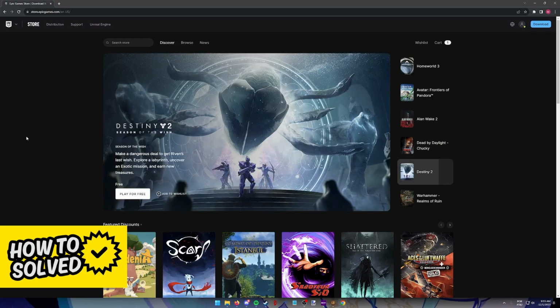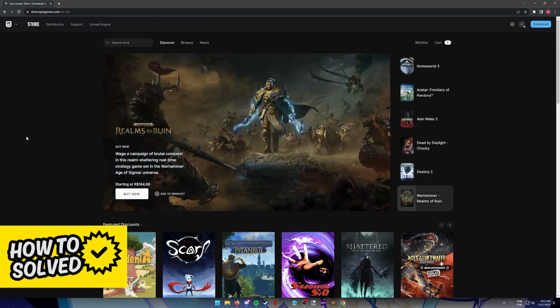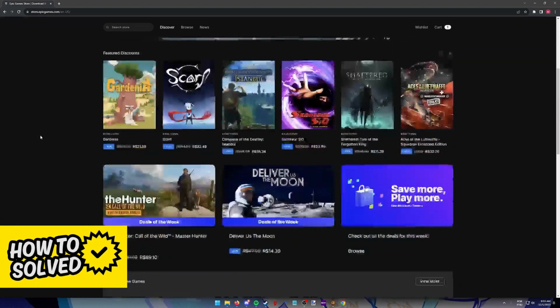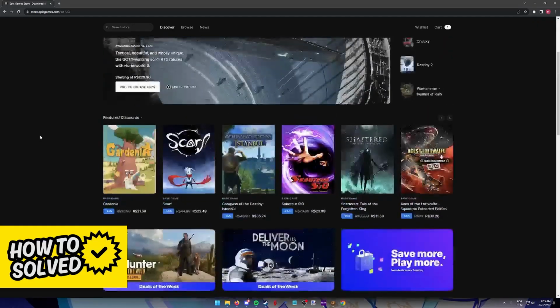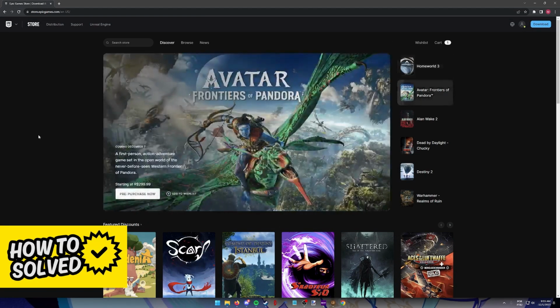So instead of starting this process on the actual console, go to epicgames.com through a web browser on your computer or your phone. This is where you can sign into your Epic Games account to manage all of the connections, including the connection to your Nintendo account. Basically, we have to unlink the currently linked Nintendo account in order to properly switch accounts on Fortnite on the